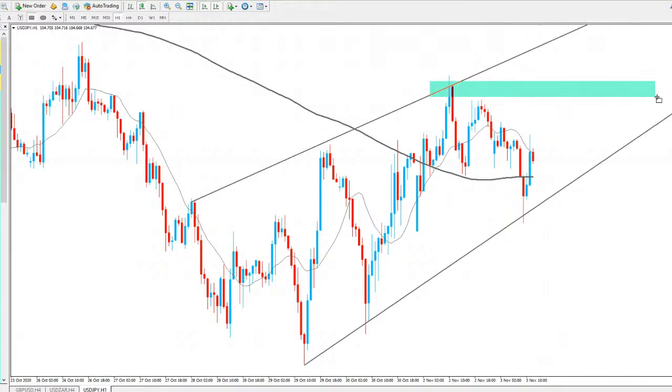Again, potentially find some resistance up there, and then price falling back and breaking through the channel there. So if price does have a move to the upside, we could be seeing a move to this area here. Again, look for some price action there, and you can potentially look for a short back into that trend line, or maybe breaking through the channel. But short term, it's not really clear which way USD JPY wants to go. We could either see a move back up again, or price go and break through that trend line.